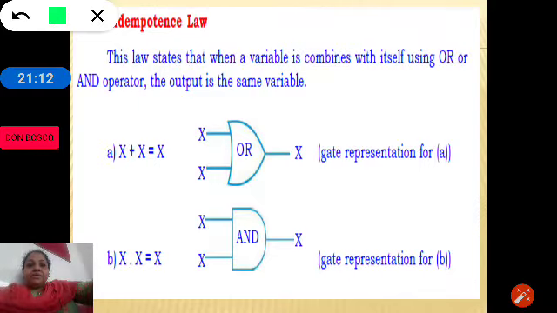The first idempotence law of Boolean algebra says that if a variable is ORed with the variable, the output is the same as the variable. If x is ORed with x, the output is the same as x. The next idempotence law says that if a variable is ANDed with the variable, the output is again the same as the variable.